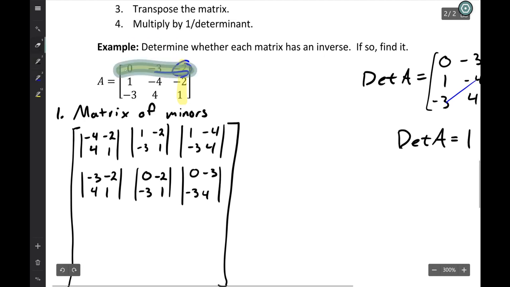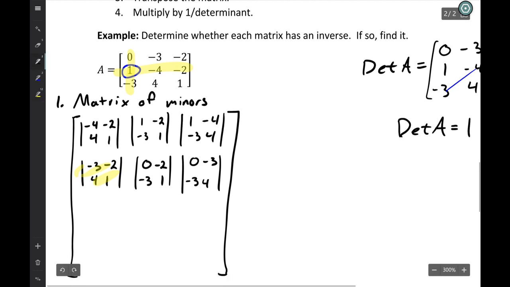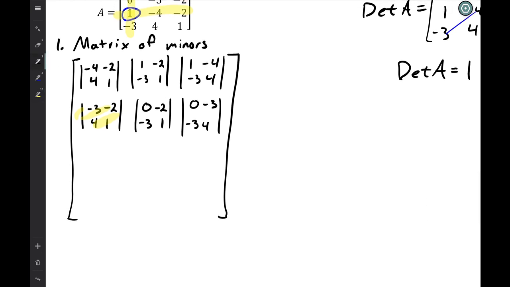So with the eraser, I go through and I say, okay, pick this one, and I block off these. Okay, so that's -3, -2, 4, 1. And I get that same thing down here with my matrix. Okay, so you just keep going through and doing that, and you're going to end up with this matrix of